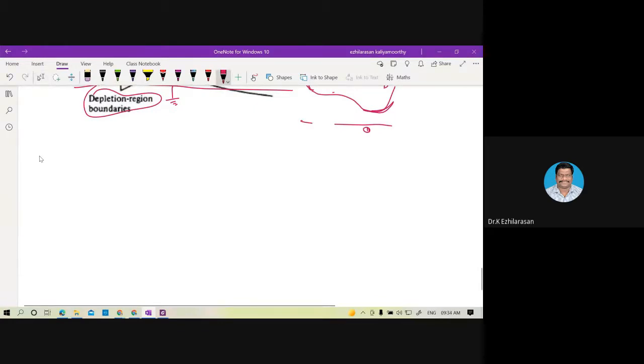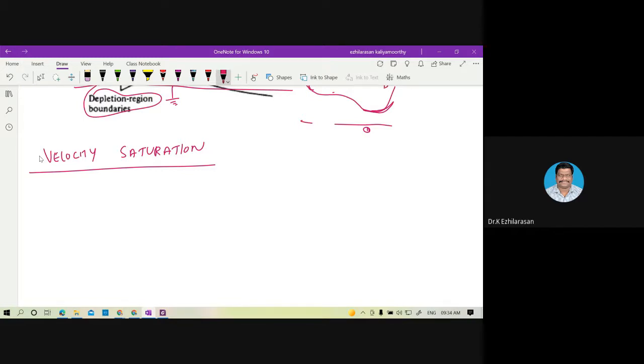Next parameter is velocity saturation. Now, what is velocity saturation? Remember that in your